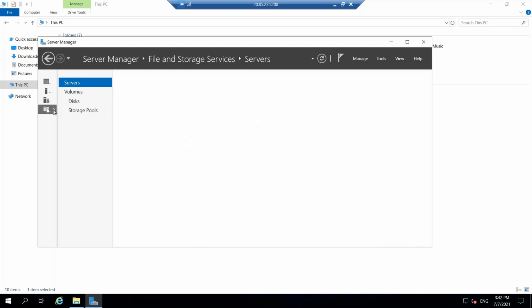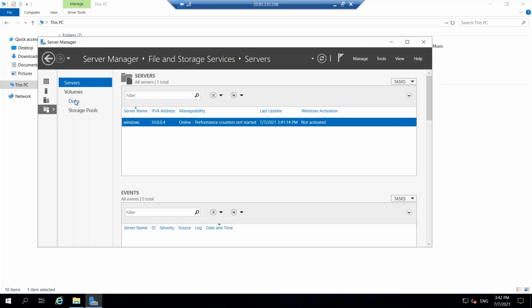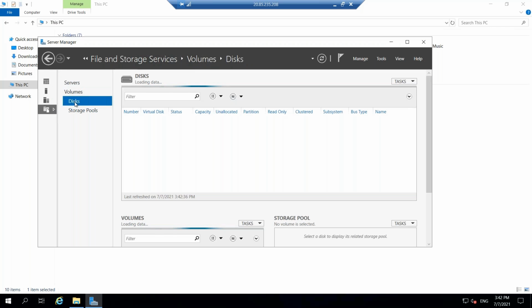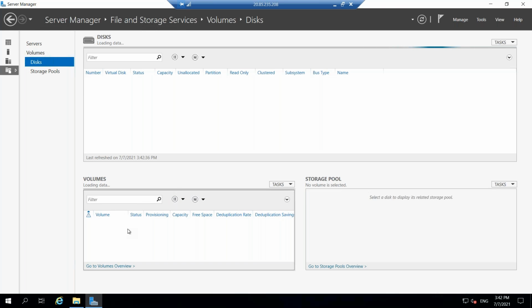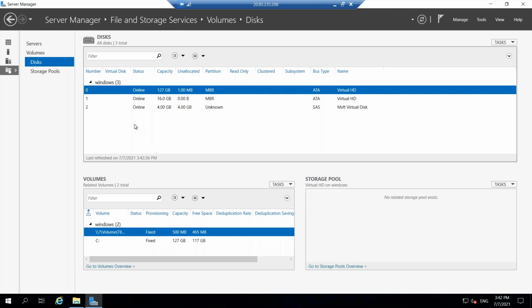I can click on this one, then I will have disks. I have to select this one. Now you see 127 GB, which is part of the C drive, is coming here, and 16 GB, which is a virtual disk that is part of the temporary disk, is coming here.